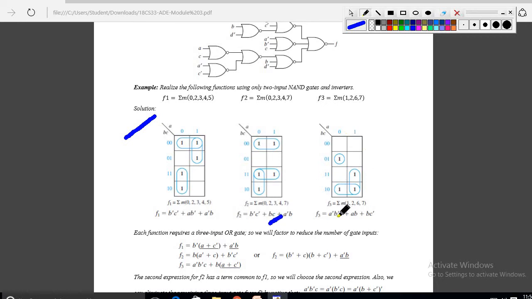And for this, see here, I am writing b bar, b is there, first b bar and c and a bar b bar c. For this expression, if I want to write, here b is there 1, c means c bar, b c bar, 0 1 will go, so b c bar. For this c will go 1 0 is there and b 1 1, so b and here a is there. Okay, a b, like that we have to write this one.